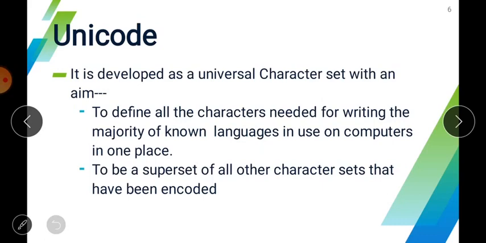So, Unicode was developed as a universal character set with the aim to define all the characters needed for writing the majority of known languages in use on computers in one place, and to be a superset of all other character sets that have been encoded.